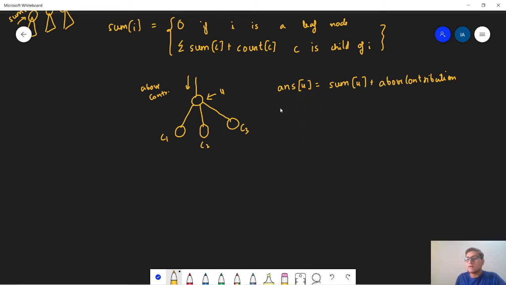Now the tricky part is that when we are going to do DFS, so we iterate for all children of U, we need to pass the above contribution from the node U to all its children. So let us see how do we calculate that. First of all, when we had calculated answer of U, it stores the distance from U to all the nodes belonging to all the subtrees. So let us say that in the DFS from node U, we will go to C1 first. So to calculate the above contribution for C1,